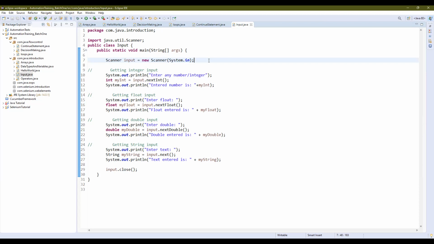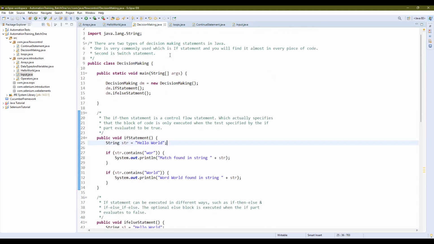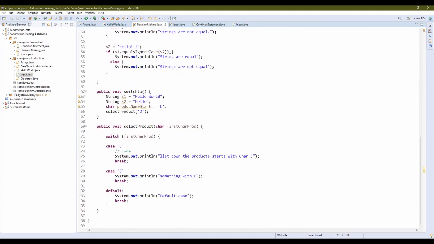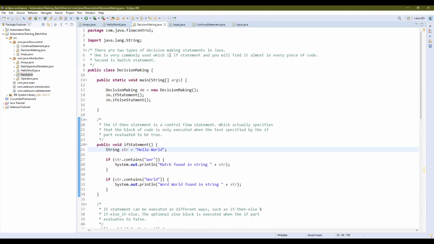So for decision making in Java, we have the if statement, if else statement, and one more called the switch statement.